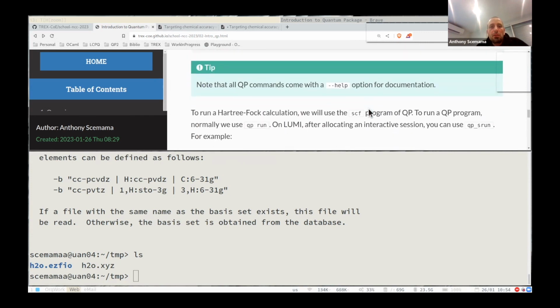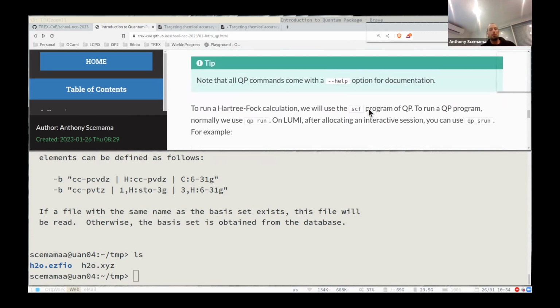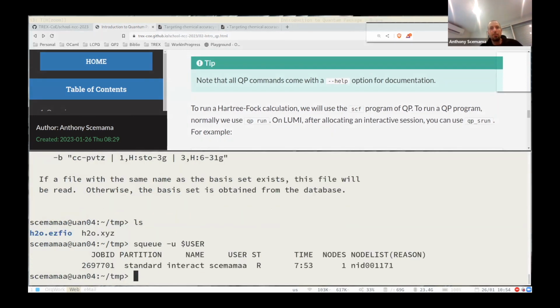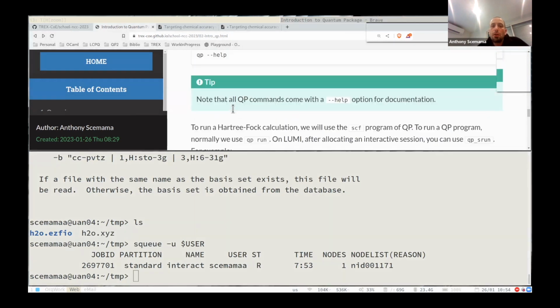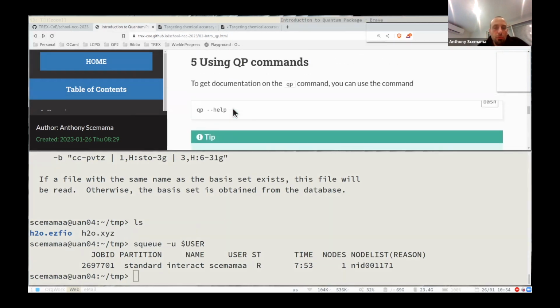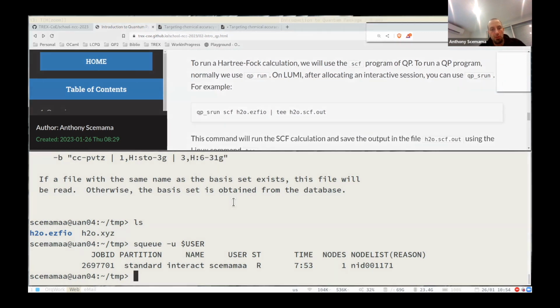Okay, so now if you want to run a Hartree-Fock calculation, so do I still have my SLOC? Yes. So on your laptop you would do QP run SCF. But on LUMI this is not going to work because you're not supposed to use the login node to make computation.